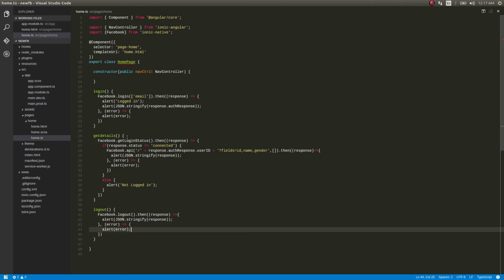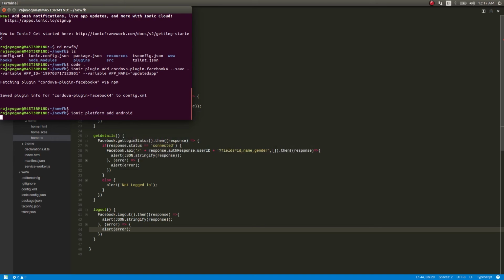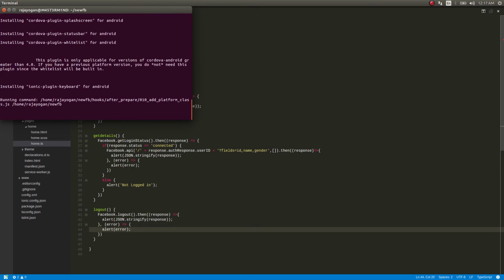So let's just go ahead and check whether this runs fine. And if this runs fine, it literally means that we are able to connect to Facebook and access its resources, access our resources. So let's go ahead and do that, guys. First of all, I'll add Ionic platform, add Android. We can't just Ionic serve this application because we are using a Cordova plugin, right? So we need to